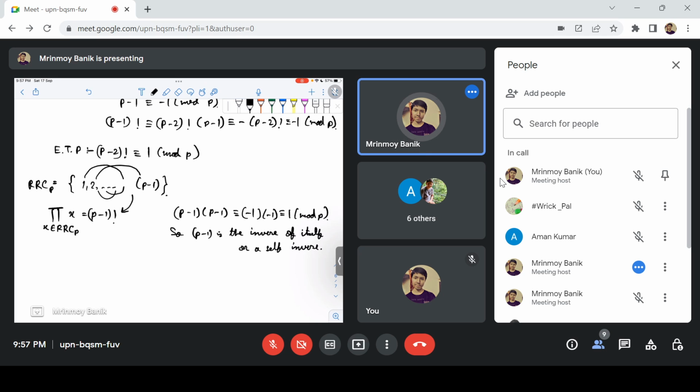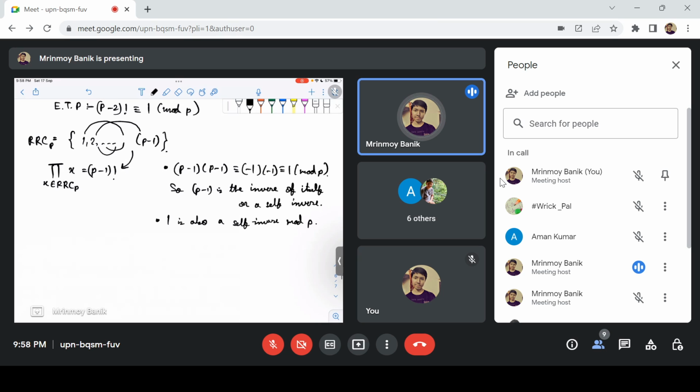There is another one. So 1 is also a self-inverse mod p. So we have two self-inverses in here, 1 and p minus 1. There may be others, but we don't need them. Just observe that if we remove these two numbers from p minus 1 factorial,